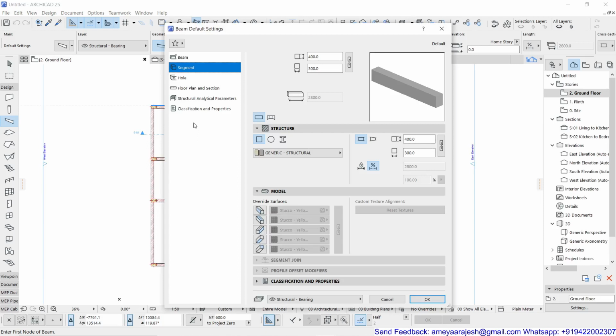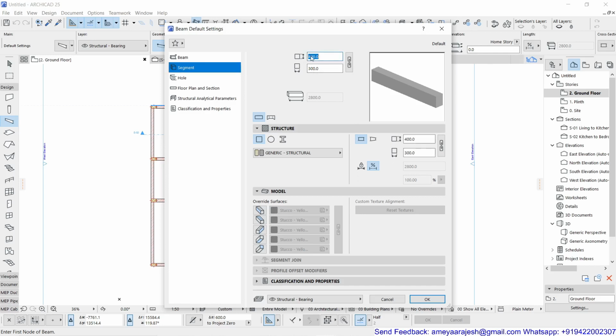Now let's first of all focus on the single segment, because this is confirmed that I am not working with the second option, multi-segmented, accordingly my settings will be related to single segment. So again you have an option of choosing the cross-section height and cross-section width.